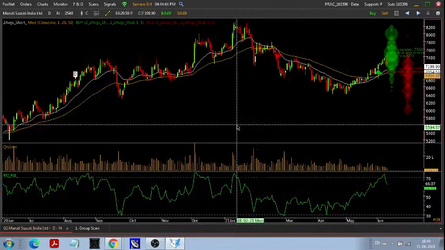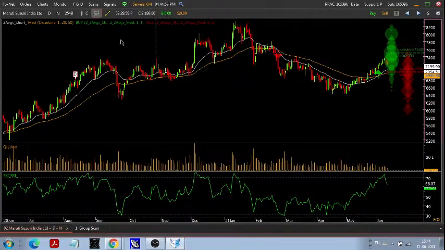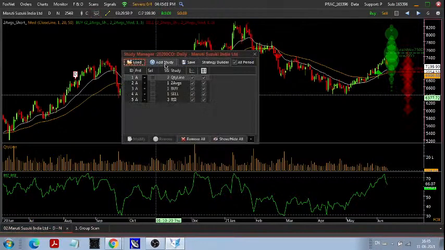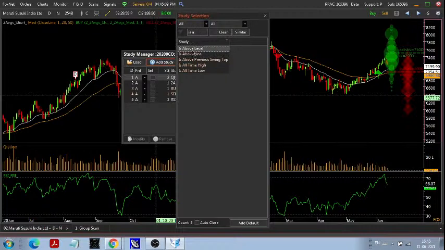Now, when a buy signal is coming on the graph, you can see here. I want the buy to appear when RSI is above 60. So for this type of condition, I want to add one more RSI condition. First of all, to add the RSI condition, I will make a condition of RSI by adding one symbol step, above level. So RSI should be above level. So I have taken above level.